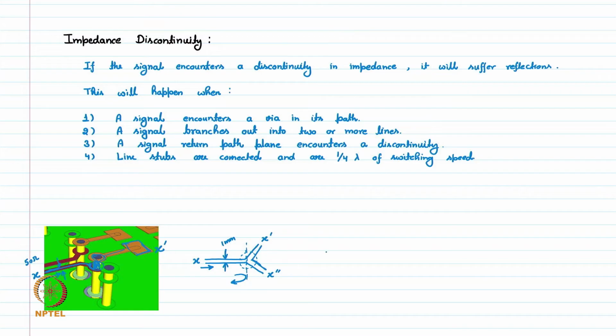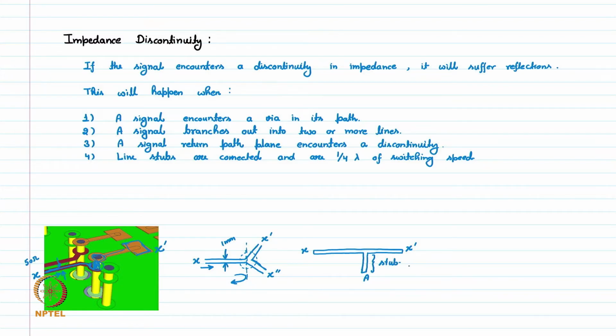In this case, let's say we have a trace which is carrying some signal, and at some point we have an extra piece of this trace connected. So this is x, this is x dash, and let's say this goes to some other point. This may or may not be terminated. So this extra length which is connected to this main signal is called a stub,